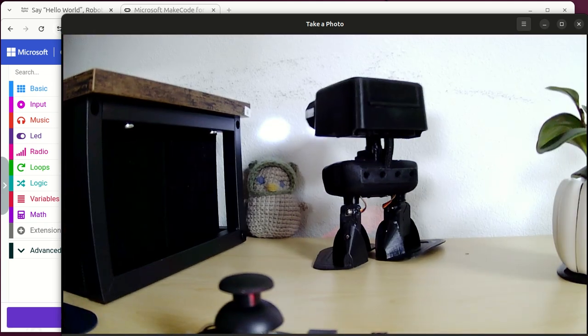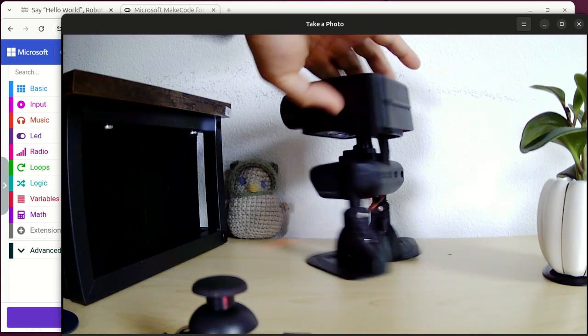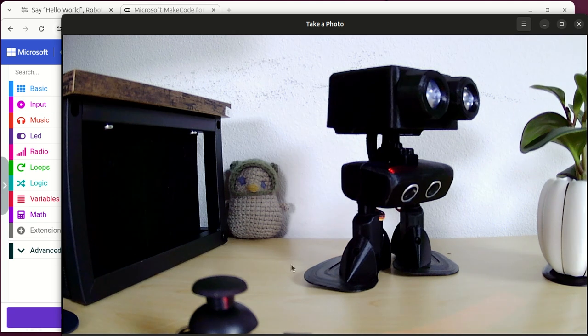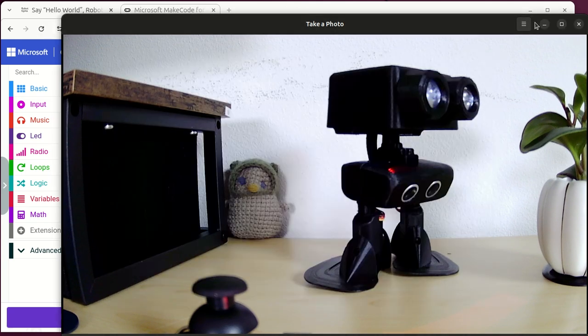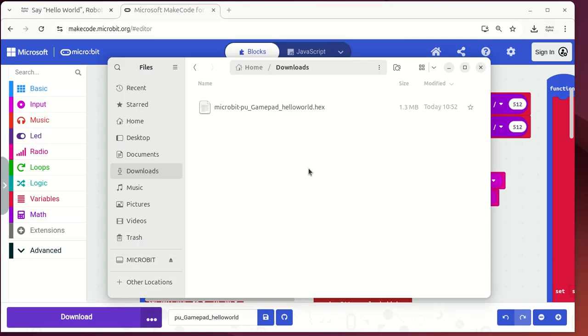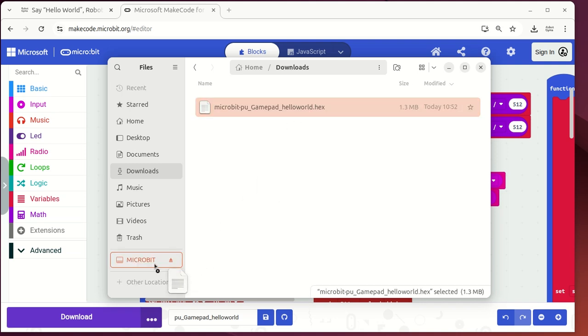Then the next thing, in your web browser, you can see a microbit icon will show up. So to upload the program you just added into the microbit, you just drag it into